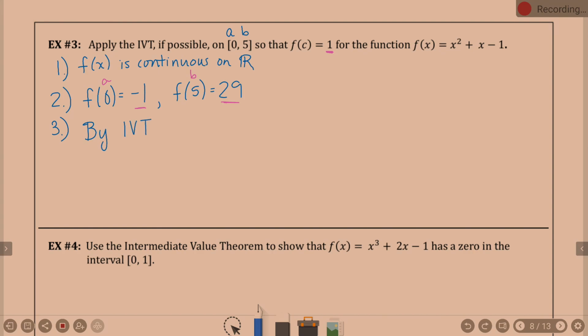Well, I'm going to officially cite IVT. By IVT, I'm going to show you some official notation. There are ways to shortcut. Put that at the end. Well, this is the end. The end and 3 are combined. So by IVT, there exists a value C such that f of C equals 1,